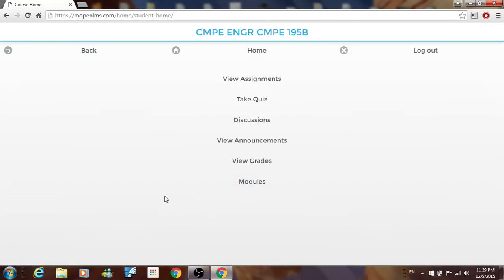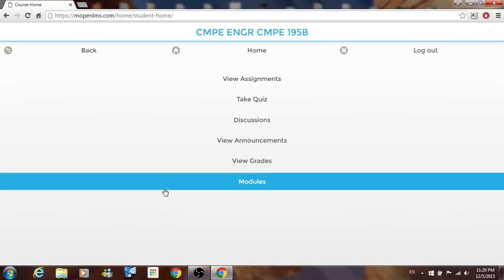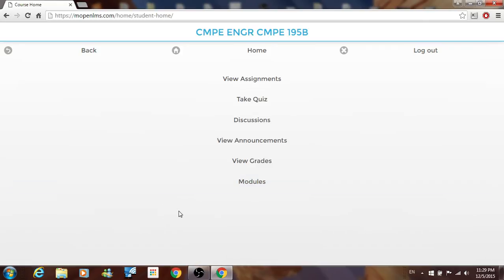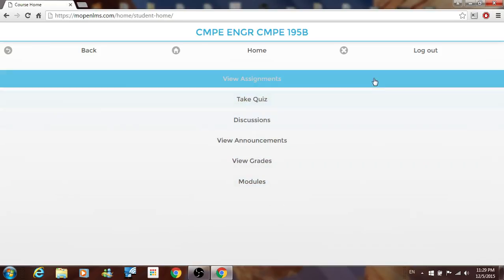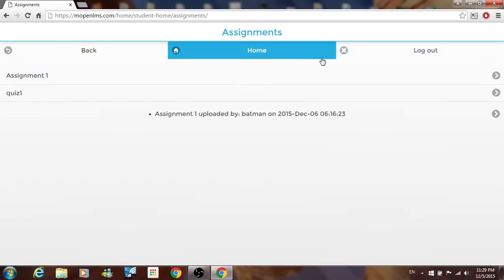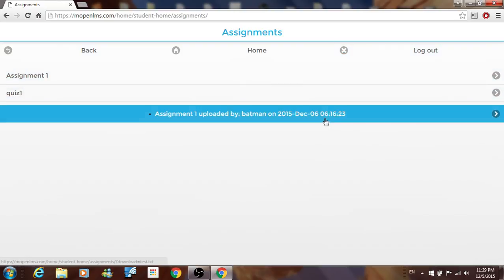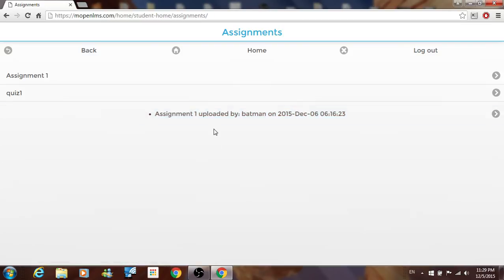This is a list of features that the student can access. In our case, the student has fewer features than instructors, since the student does not have to create the assignments or make the quizzes. So first, we're going to go to view assignments, and we're going to see the assignments that the instructor has already added and the assignment information. So we're going to download assignment one,